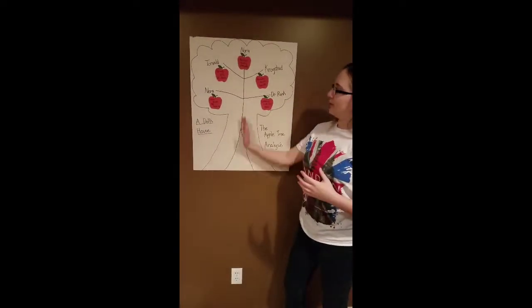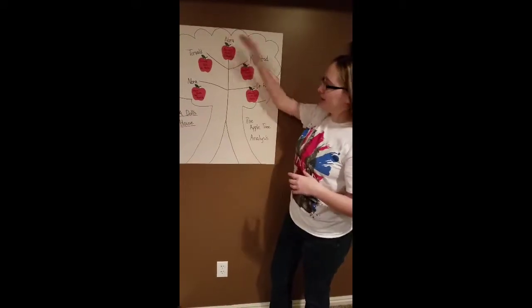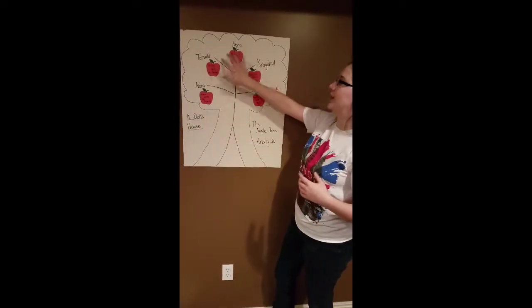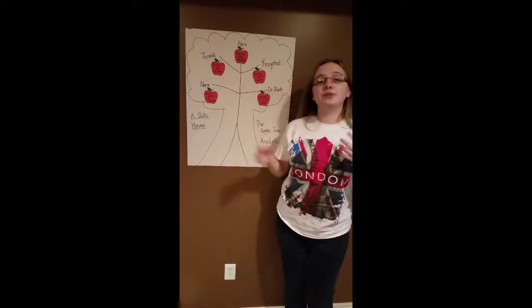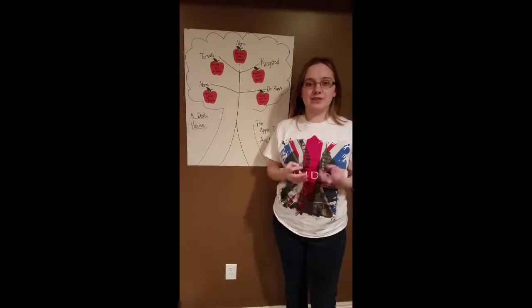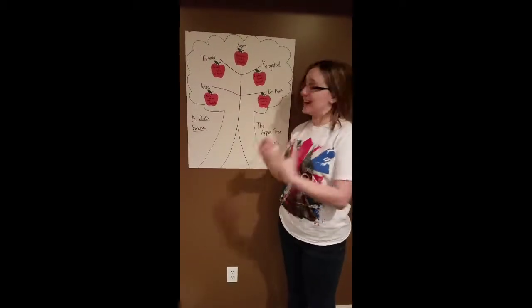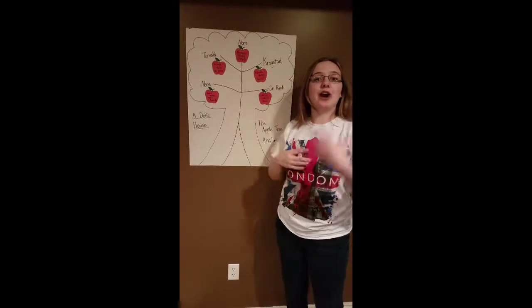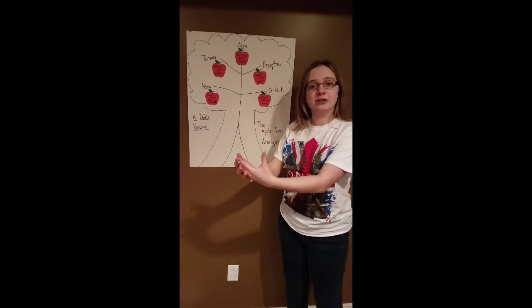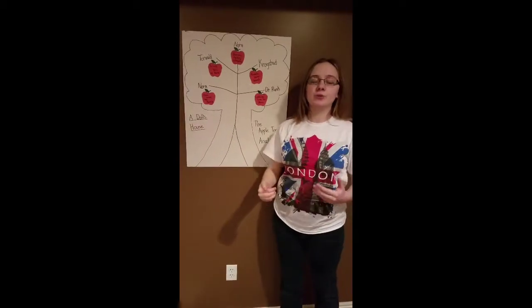Now we'll have the skeleton, essentially, of the tree, which is the characters. Here I'm doing A Doll's House, so we've got Nora and her husband Trovald and Krogstad and so on and so forth. And the apples hanging from the branches are the actions of these characters. So when a branch loses an apple, or a character creates an action, sometimes that apple will fall and hit other branches or cause other apples to fall. So one action being done by one character is causing actions from other characters to occur, which moves the plot